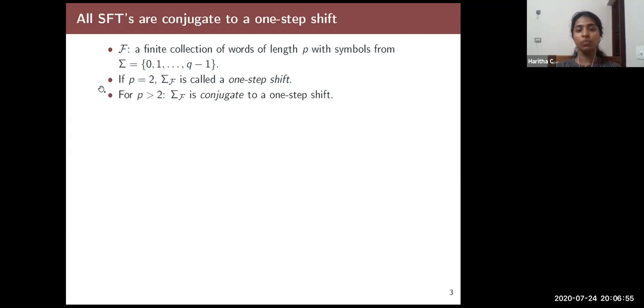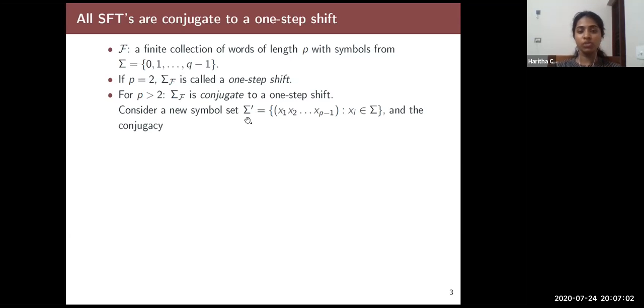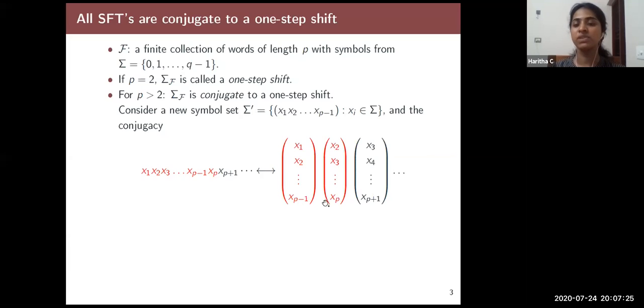And when p is greater than 2, then sigma F is conjugate to a one-step shift, where the conjugacy is obtained by defining a new symbol set, sigma prime, consisting of all words of length p minus 1, and the conjugacy is defined as follows. So conjugacy is basically a one-to-one correspondence between these two sequences. So we have sequence with symbols from sigma here, and that will go to sequence with symbols from sigma prime here, where the first symbol here